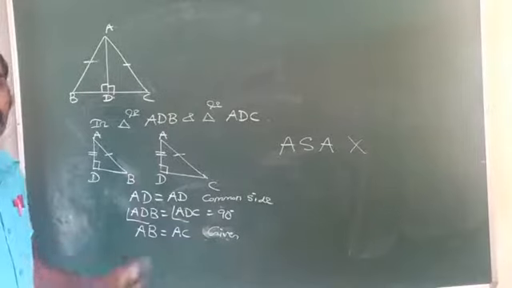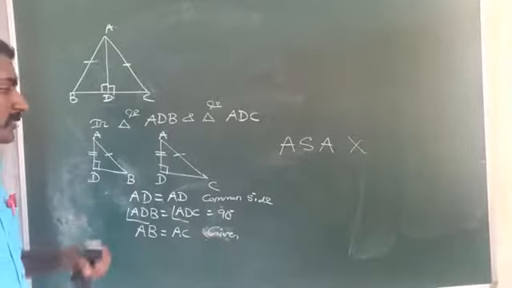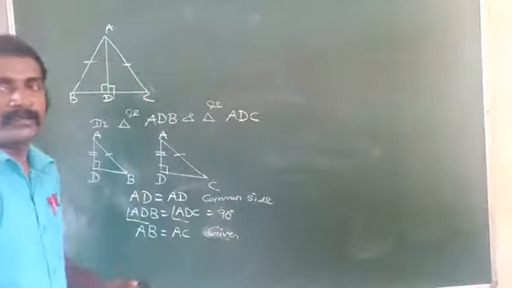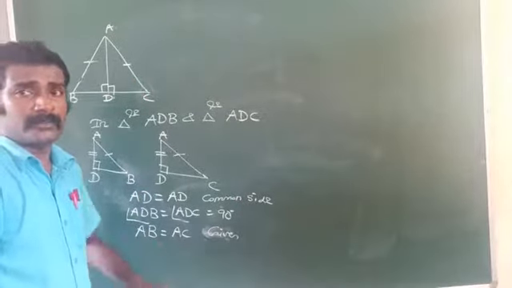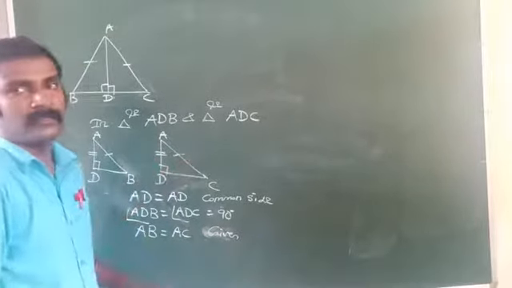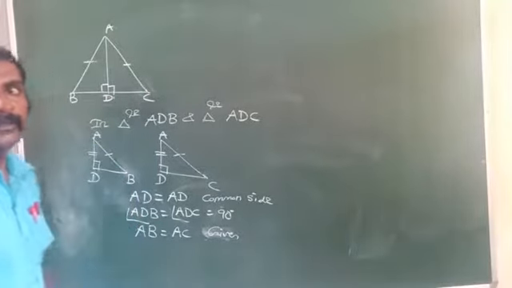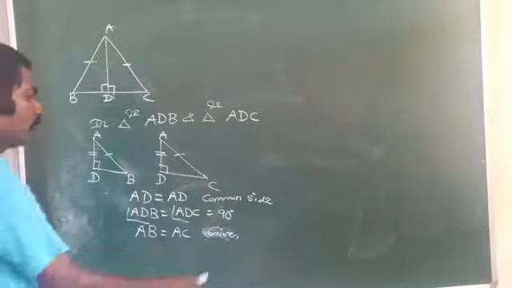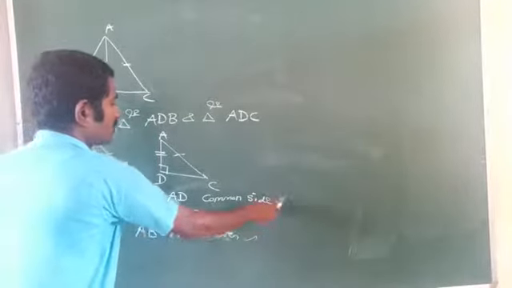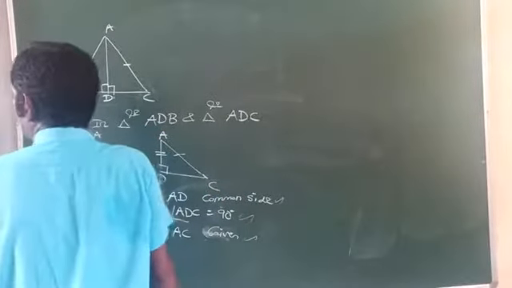But we can say these two triangles are congruent by which congruence criteria? RHS congruence criteria. What is RHS? In one triangle, the right angle, hypotenuse and any one of the corresponding sides are equal to those of another triangle, then by the RHS congruence rule we can say that these two triangles are congruent. Are you getting here? So here we got one common hypotenuse, 90 degrees each, and a common side. Therefore, by RHS congruence rule, these two triangles are congruent.